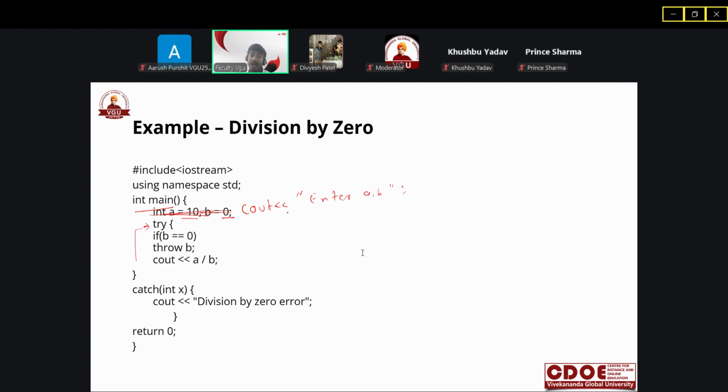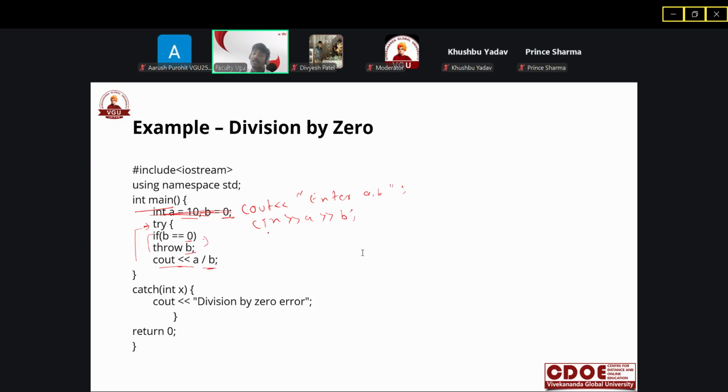The user can enter any number as per requirement. We check if b is equal to 0, then throw b. If b is not equal to 0, then normally print a divided by b. So here we are checking the condition.